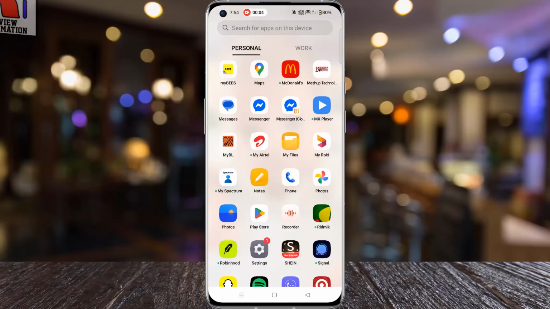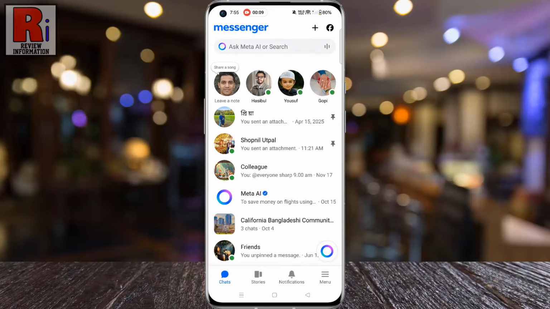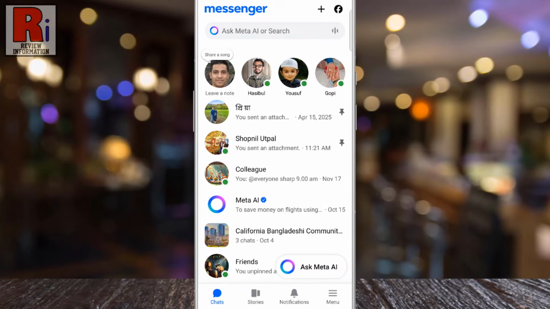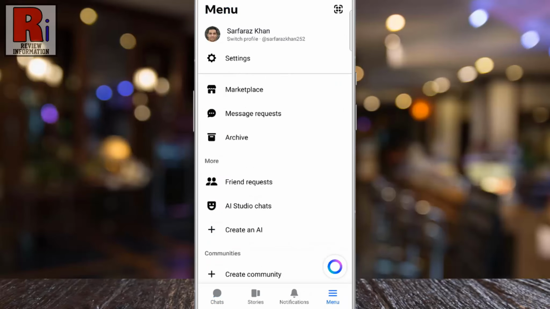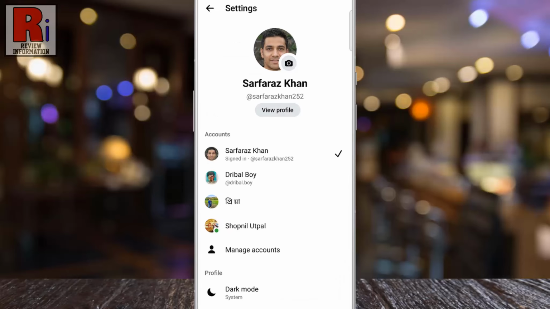To begin, open the Facebook Messenger app on your phone. Then tap on the three horizontal lines located in the bottom right corner. From the list of options, select Settings. Swipe up to scroll down